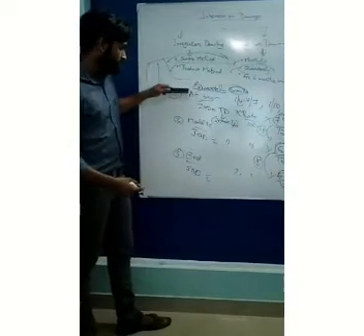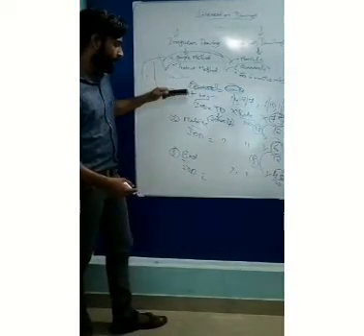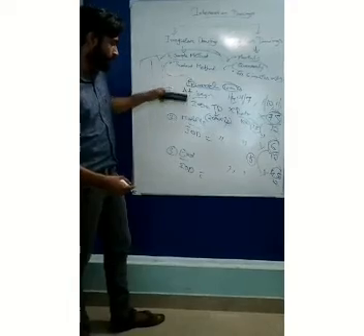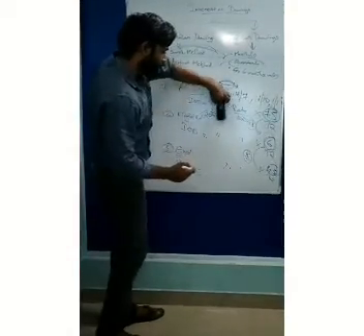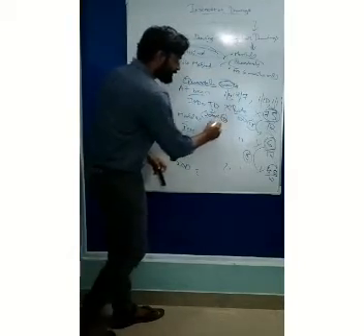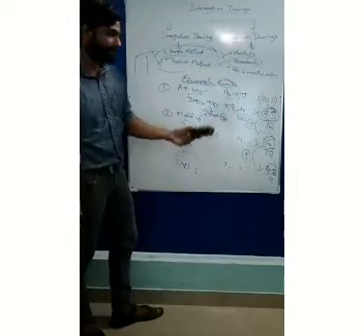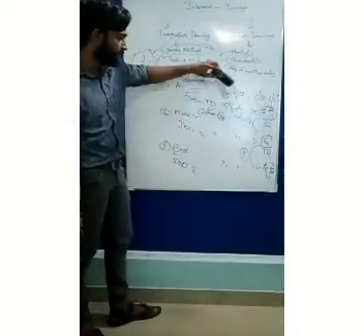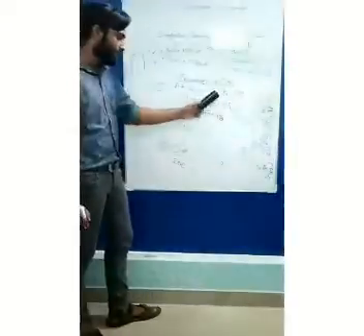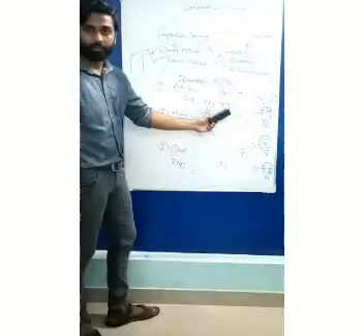Okay, so at the beginning, if you are withdrawing at the beginning of every month, interest on drawings equals total drawings. Total drawings will be this amount into 6, that is for 6 months. Or if total drawings is given, we write that total drawings directly, into rate by 100,